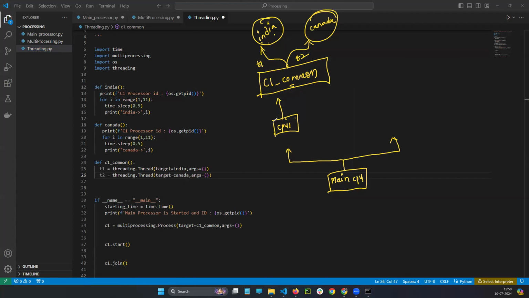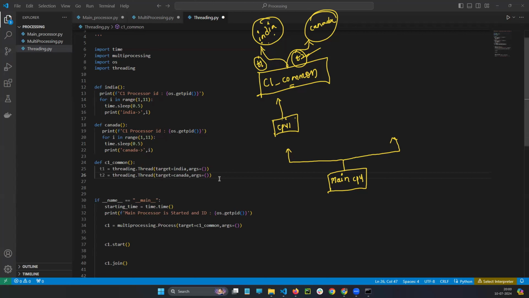If it is not there, what will the CPU do? After completing India only, it will go to the Canada. But now with T1, T2, if T1 waits 1 nanosecond, T2 will activate. If T2 waits 1 nanosecond, T1 will activate. That short difference will be there if you have the thread. So threads won't work simultaneously like how the processors are working. That is not possible in Python. Threads won't work in parallel, simultaneously in Python.